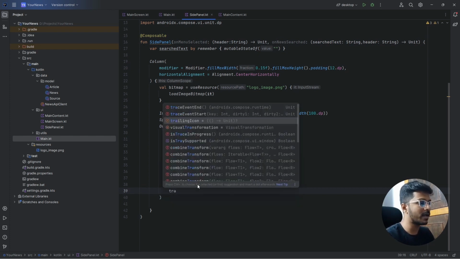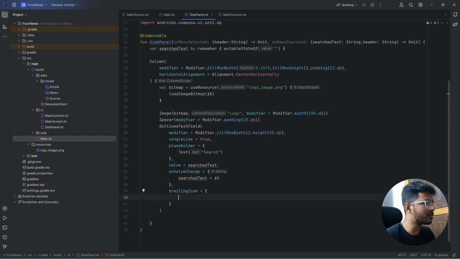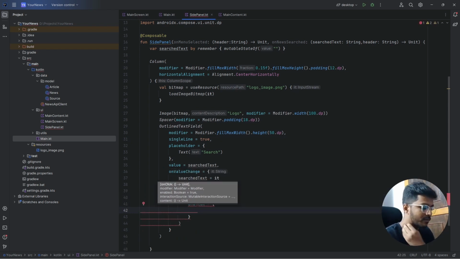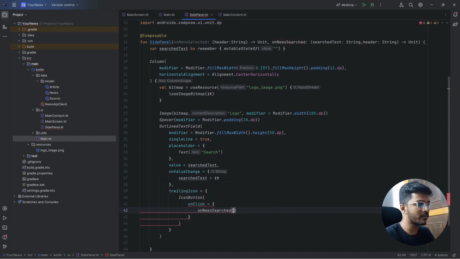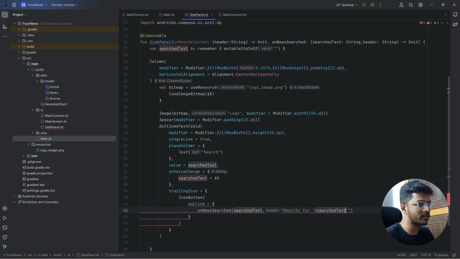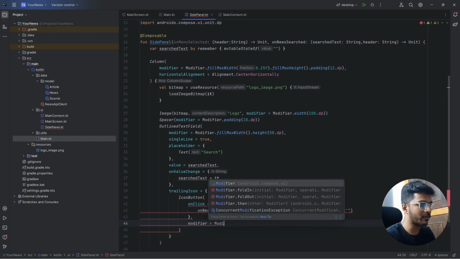Considering that, we will add the trailing icon, which will basically be an icon button. So we are going to call it as icon button and we will call on click. Okay, and once we're calling on click, we are going to call on new searched, which will basically take the search text as well as the header. So this will be results for whatever we have searched. And then we are going to add a modifier